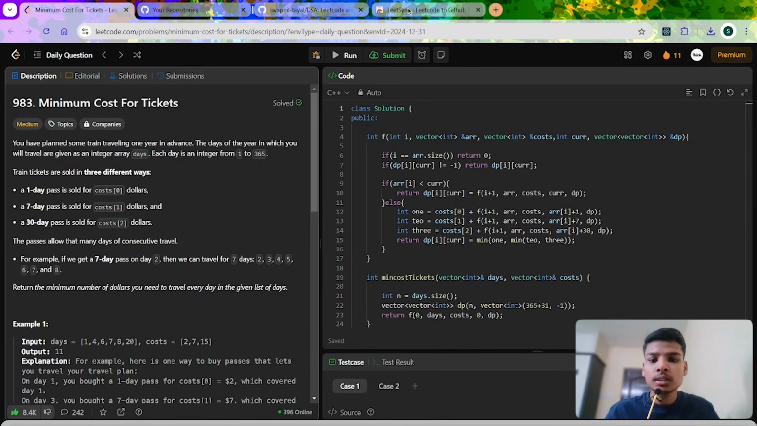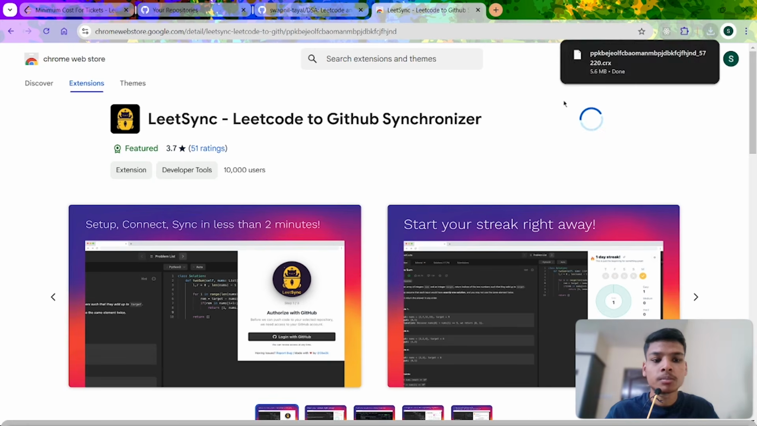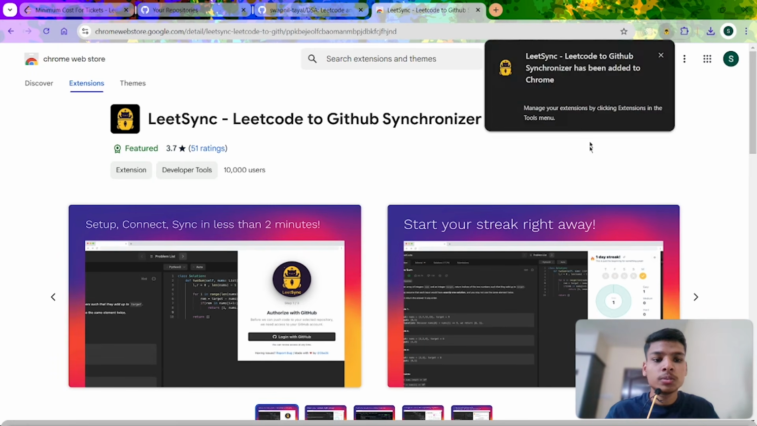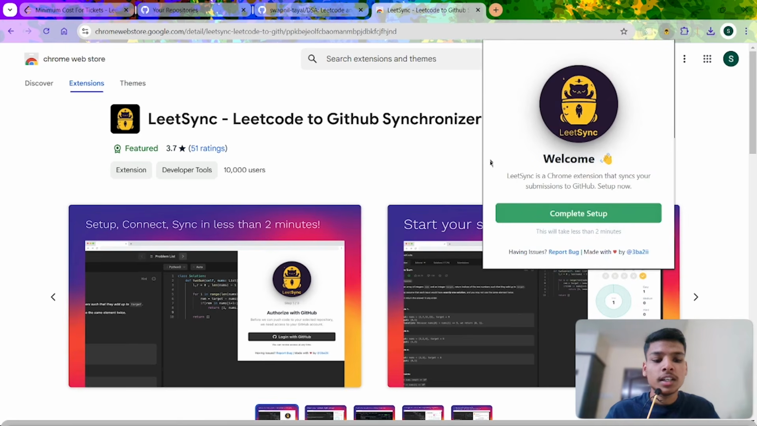So for syncing your questions, just install this particular extension named LeetSync to your Chrome browser. I will give you the link in the description. Just click on add to Chrome, and yeah, it's been downloading, and it's been downloaded also. Yeah, so to set this up, just click on the extension section and click on this LeetSync, and complete,